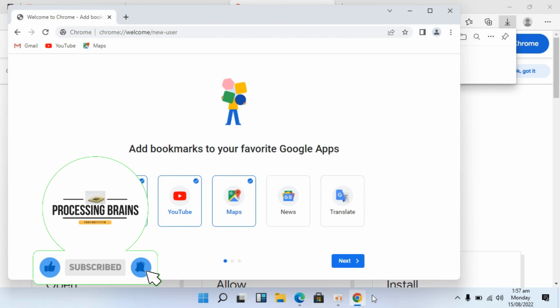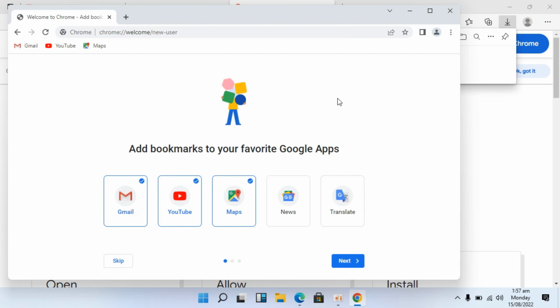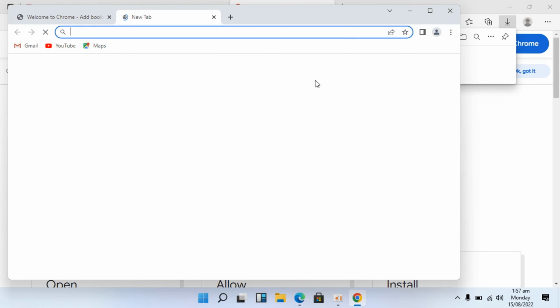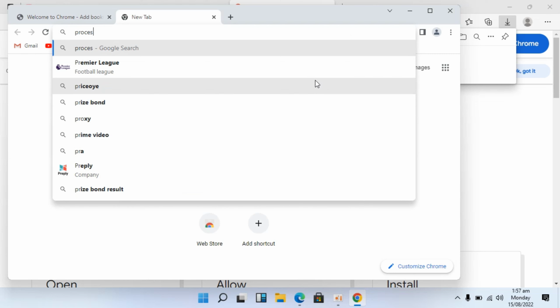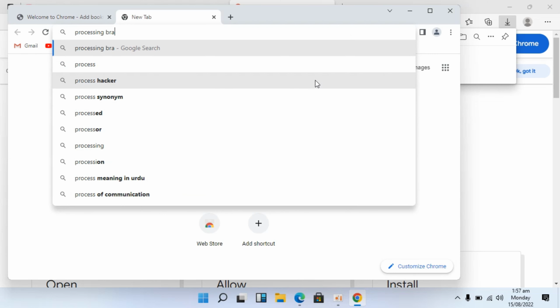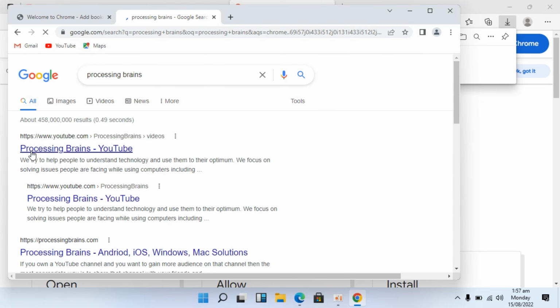It would ask you to sign into your Google account. If you do not want to, you can simply go and close this, and you can use it as you want. For example, I go with and hit enter. So here you can see, here we are. So it's now working. So hope by doing so you'll be able to download and install Google Chrome browser on